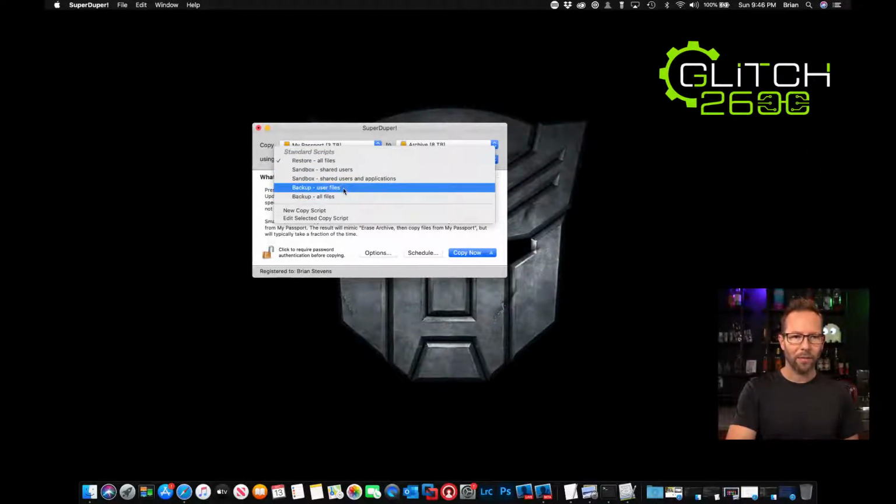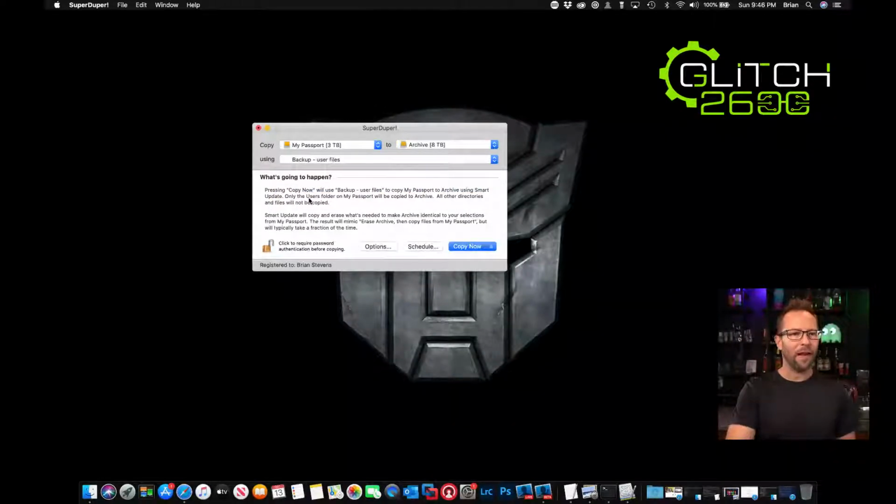So where you see backup user files, it tells you pressing copy will use backup to copy. So using a smart update, only the user's folder will be copied to archive. All other directories will not be copied. So it's a good way to back up your user directory where you normally keep all your files and folders. I like to do the full one, and then we'll talk about what smart update is, and then you can